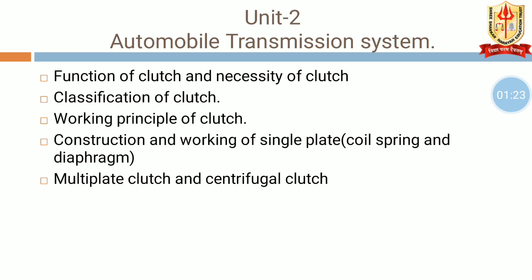That parts will be like: we have clutch, we have gearbox, we have propeller shaft, and we have differential, we have axles, and the propeller shaft is going to be joined with the help of universal joints and slip joints. So these are the parts which are called as a part of transmission system. Transmission is going to be done with the help of these parts only. We are going to see these parts in detail in this chapter, that is automobile transmission system.